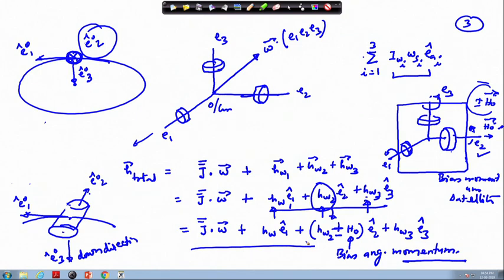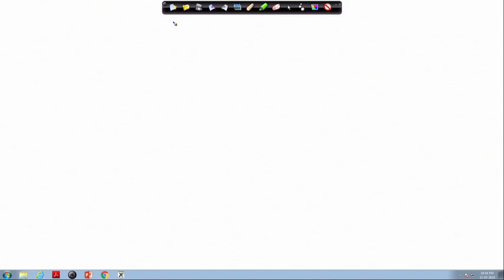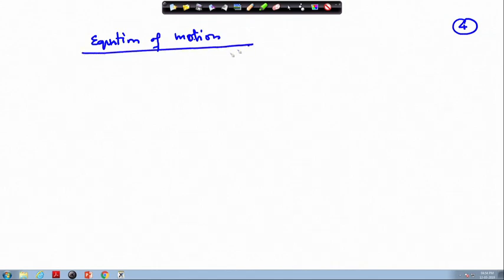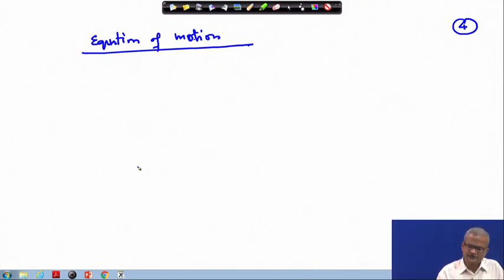Right now we go for deriving the equation of motion. So, we now derive the equation of motion. Kinetic energy also we can write here. So, let me summarize just the kinetic energy term. You can try to derive it yourself.